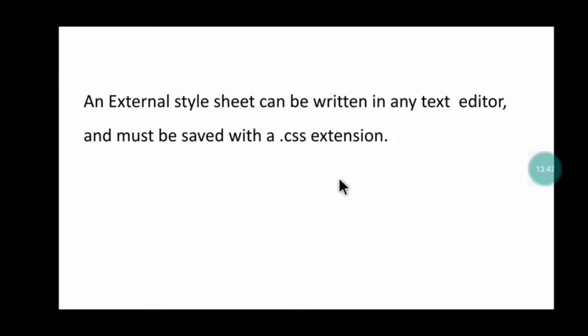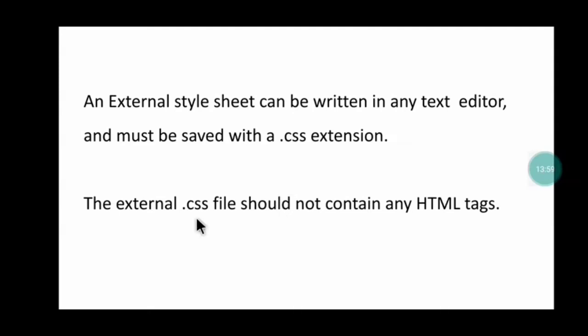If you do not save your file with a .css extension, it will not work as an external CSS. It has to be saved with a .css extension. The external .css file should not contain any HTML tags, meaning it should not contain html, head, title, body. These tags should not be in this file.